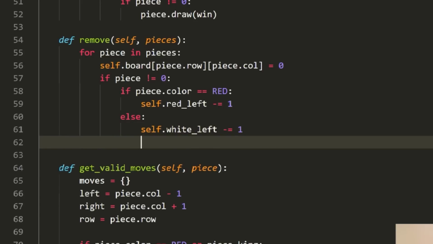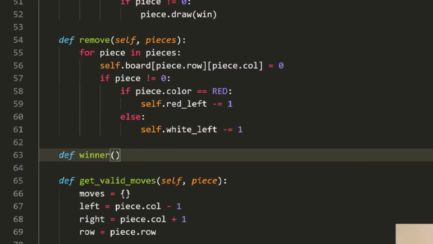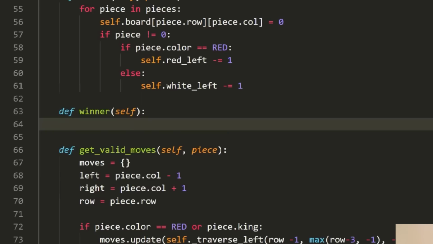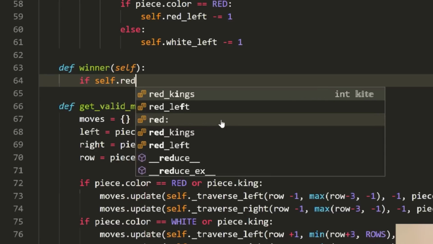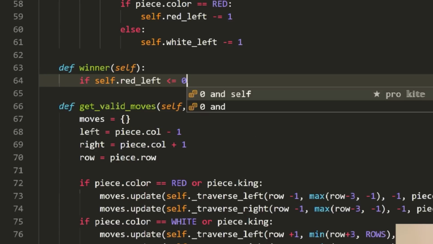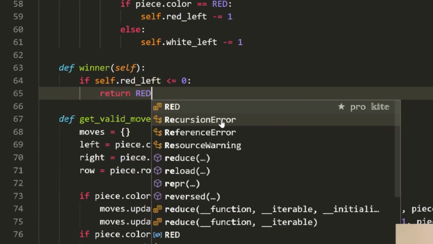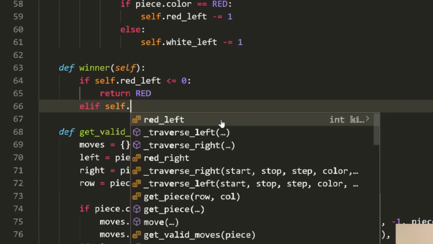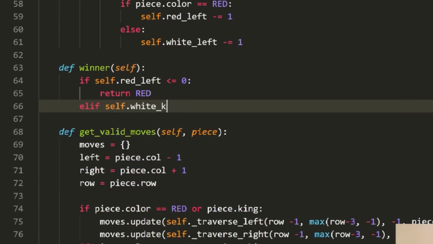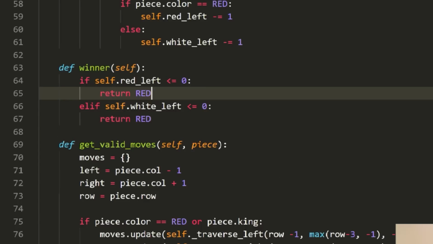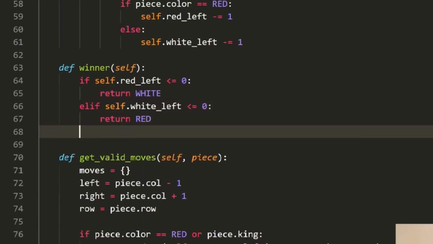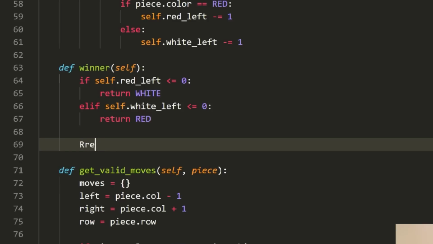Now we can even add a winner onto here. So we can say define winner, and this will return to us the color that won if they won. So we'll say if self dot red left is less than or equal to 0, return red. Elif self dot white left is less than or equal to 0, return, oops, sorry, this should be the other way around, return white and return red. And then finally, return none in the situation where no one won. So return